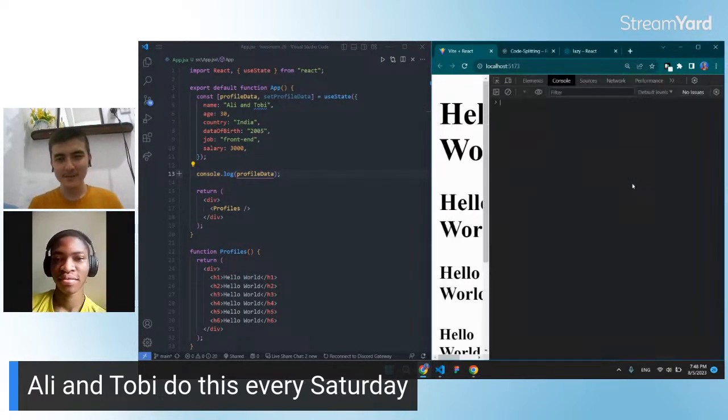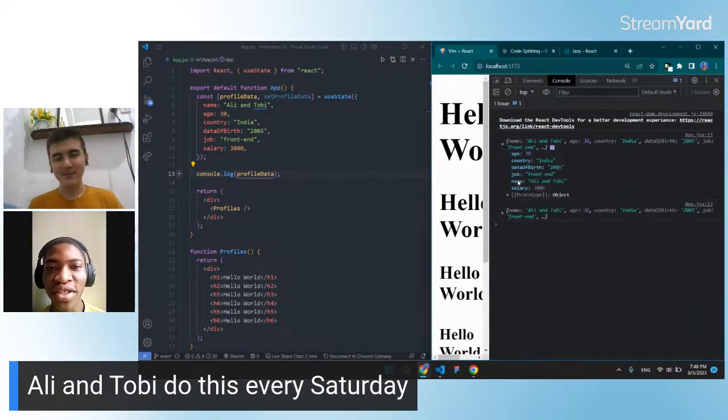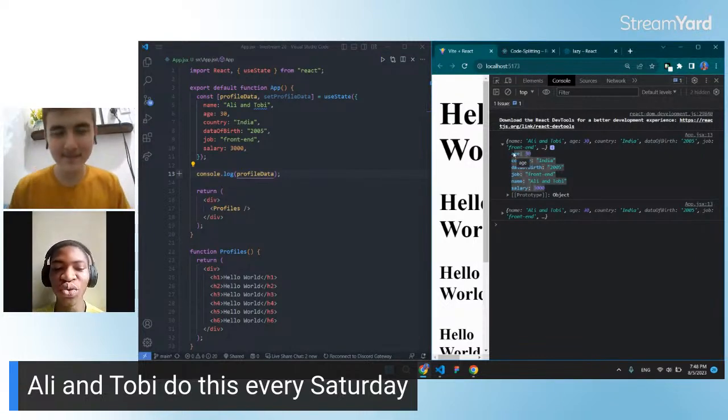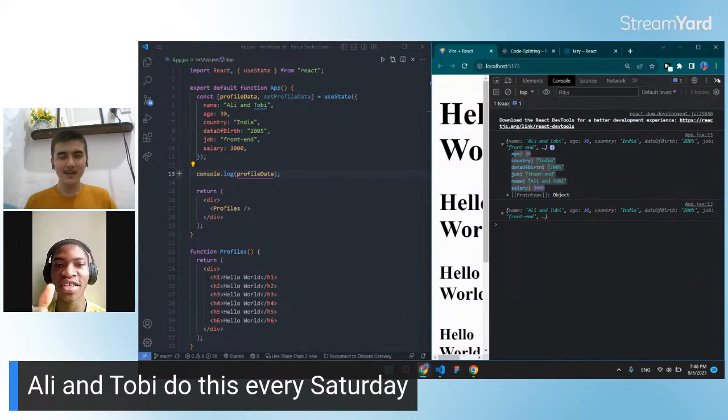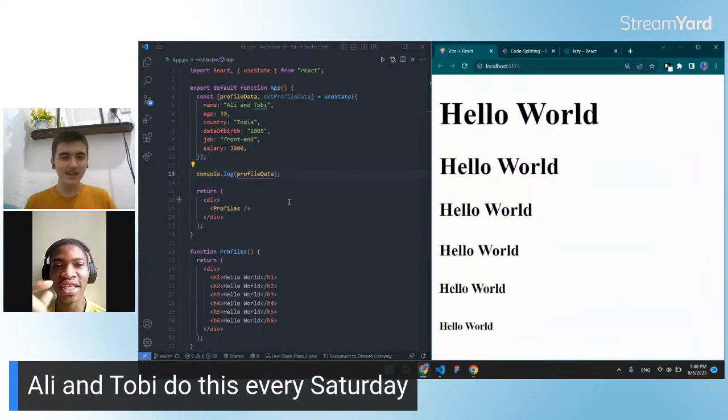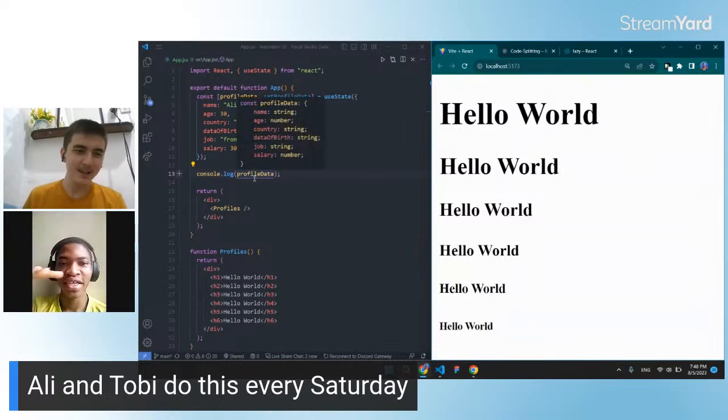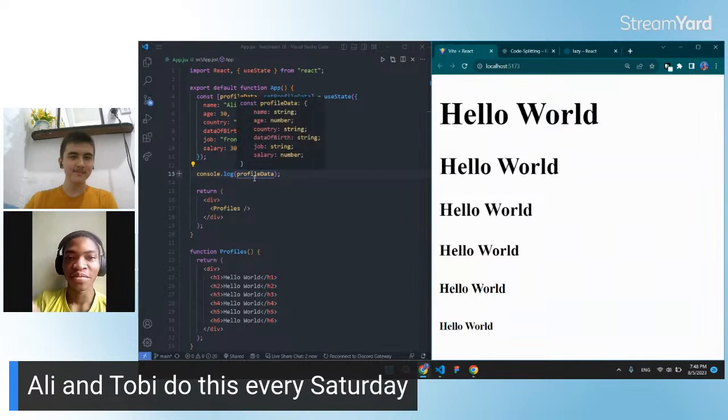So let's go to the dev tools and refresh the page. Yeah, it's an object that contains six items. So there are two ways to do this. You can create a separate object, then create six states, so that each state keeps track of each data. Then inside the object,